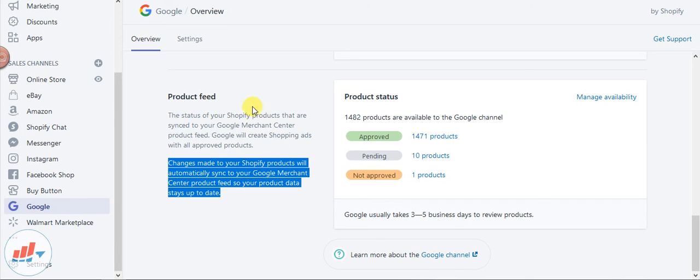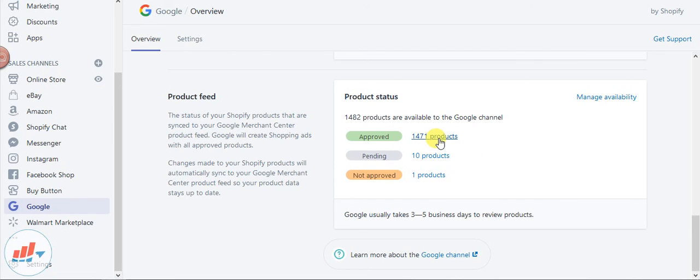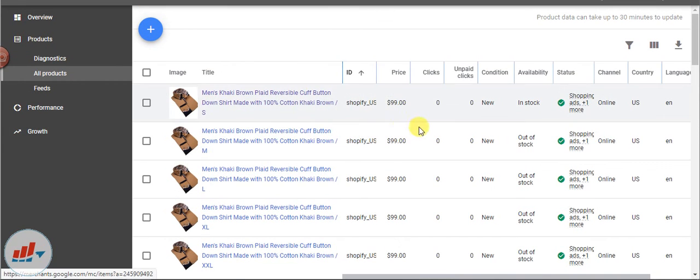So once you import the edited product feed into Shopify, give it some time. This can be 1 hour, 2 hours, 3 hours. Once the changes are made in the inventory, then automatically the changes will be made in your Google Shopping product feed. And once the changes are done, you can go to your shopping feed account here.